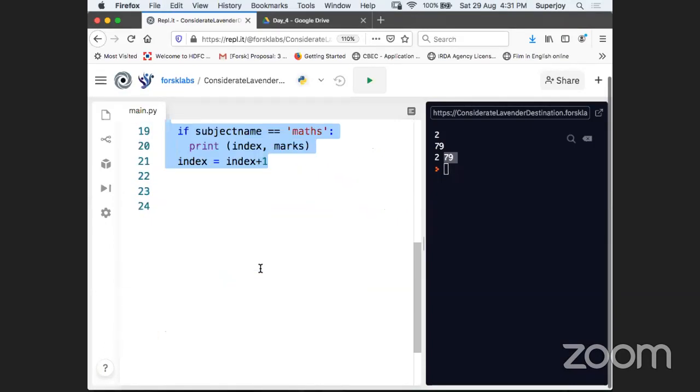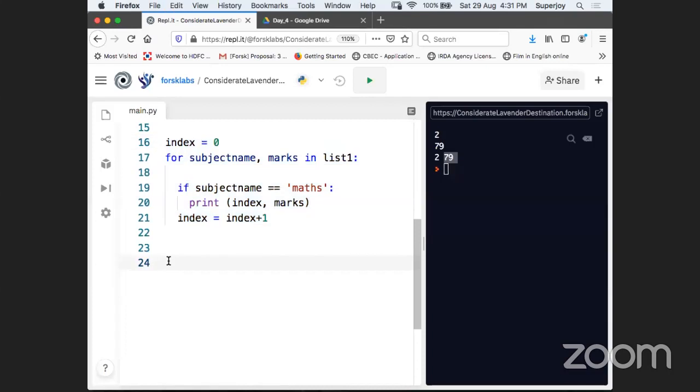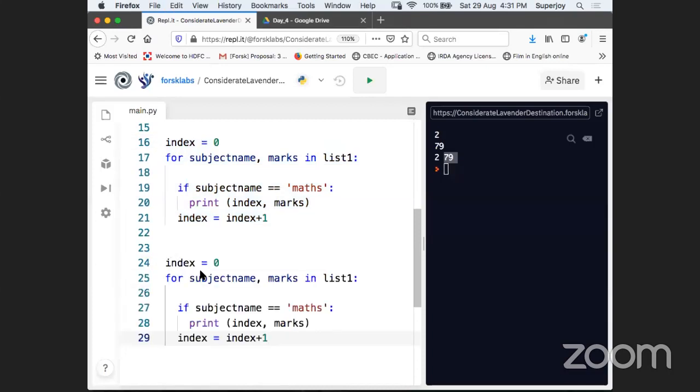So I'm just making a copy here. Some of the things can be a little tricky for you guys today. So I'm just removing it. I don't need it actually. I don't need a separate variable like this. Can you see, guys? I don't need this. I'll just write it later on.